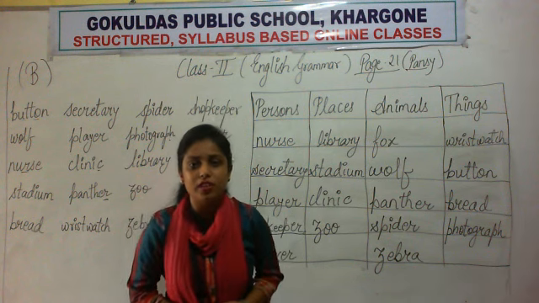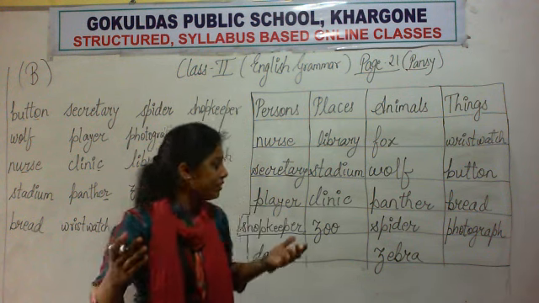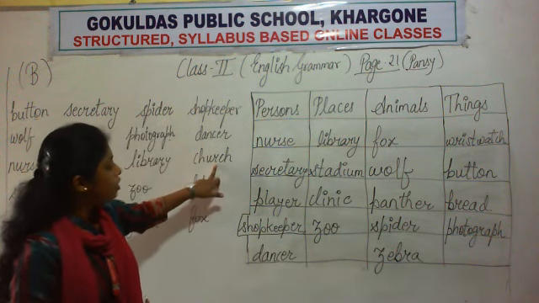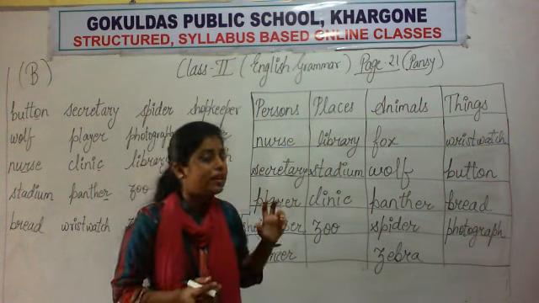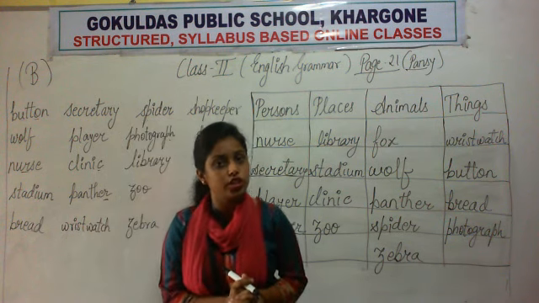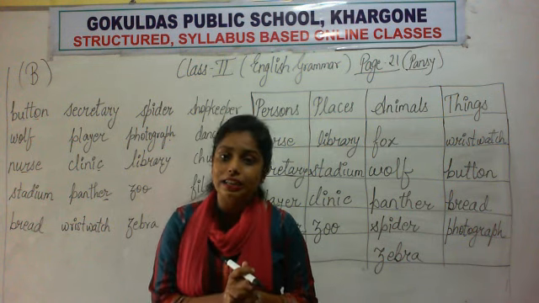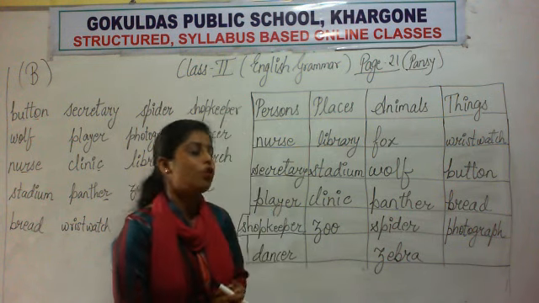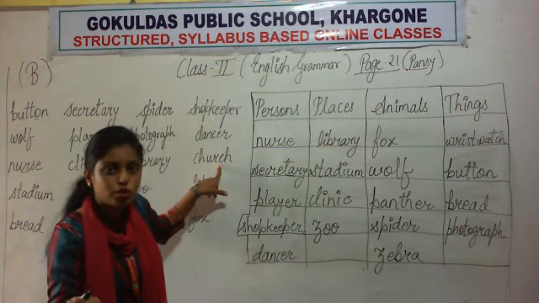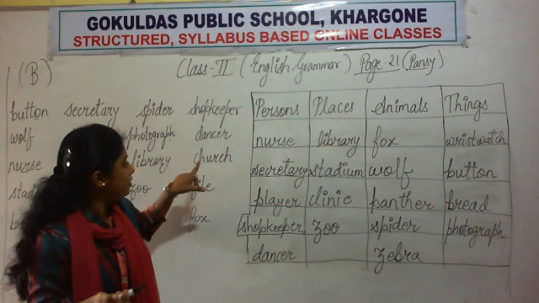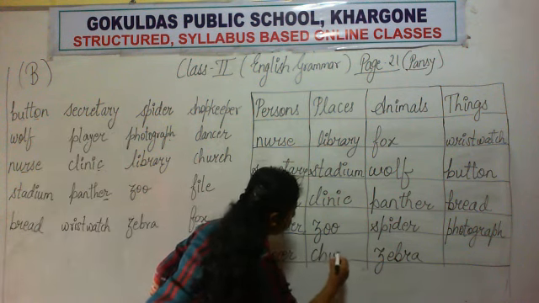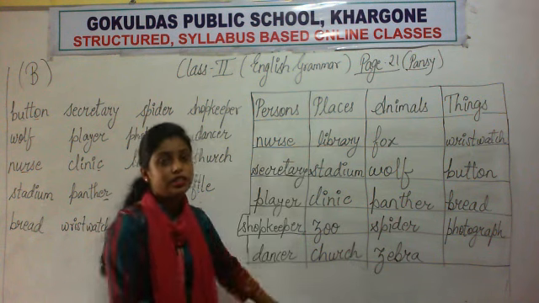I remember the name of only two. Okay, so they are dancers. Then church. What is a church? Church is the place where the Christian people go and worship. Okay, जहाँ पे Christians जाते हैं और pray करते हैं God से. That place is called a church. Just like the temple, मंदिर के जैसे, just like the mosque, मस्जिद के जैसे, we have churches. So church is a place.